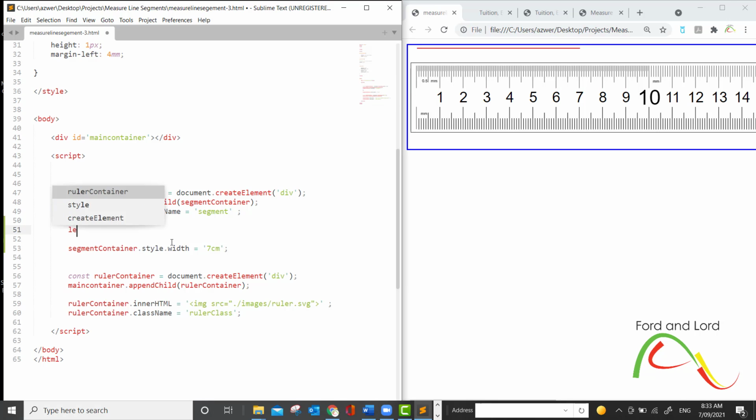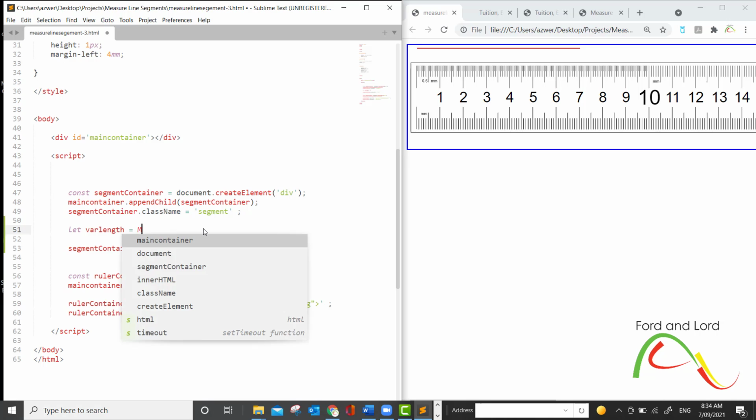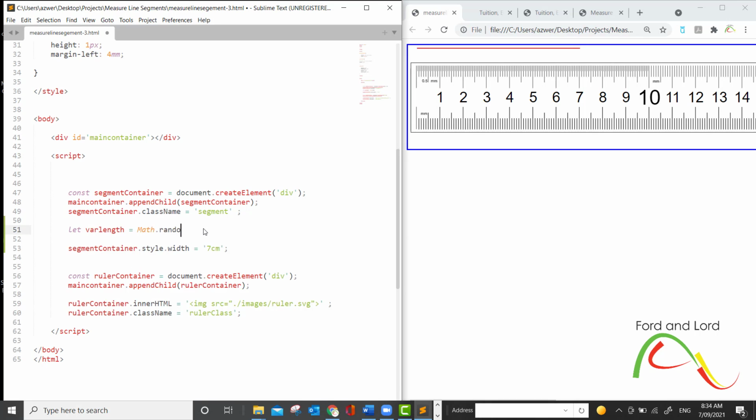So I will create a variable and call it var length, and I will generate random numbers with the help of the math.random method. Now if you remember from previous classes, this method will generate numbers in decimals. Okay, so 0 point something something, and we don't want that, so we want to round it. So I will say math.round,